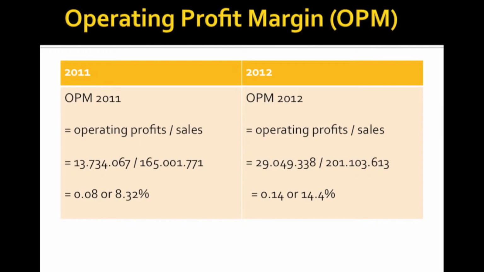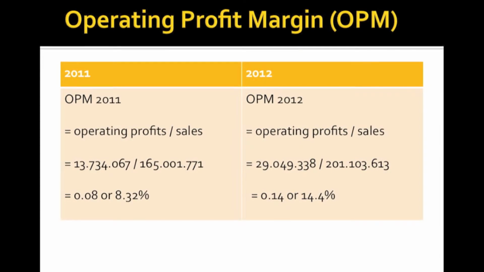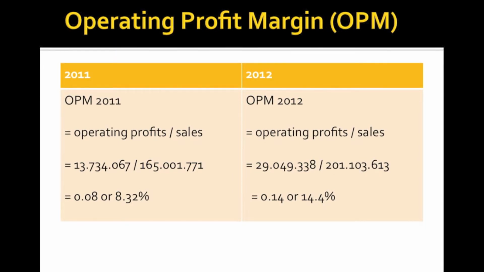From 2011 to 2012, the operating profit of Samsung has increased rapidly. In 2011, Samsung is able to generate 8.32% of operating profit for every 1 Korean won of sales. Later in 2012, Samsung was able to generate up to 14.4%. This happened probably because Samsung is able to reduce cost and expenses, or maybe Samsung is getting better prices for products from suppliers. Besides this, it could also happen if the global economic performance becomes better.